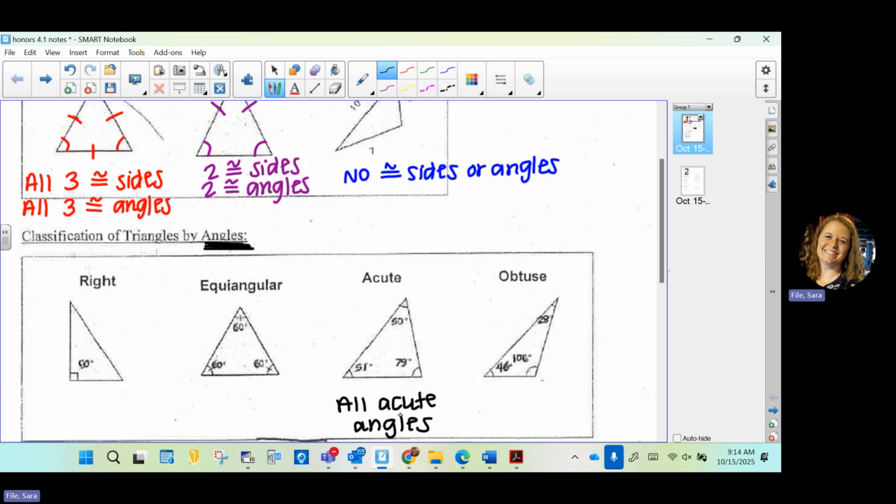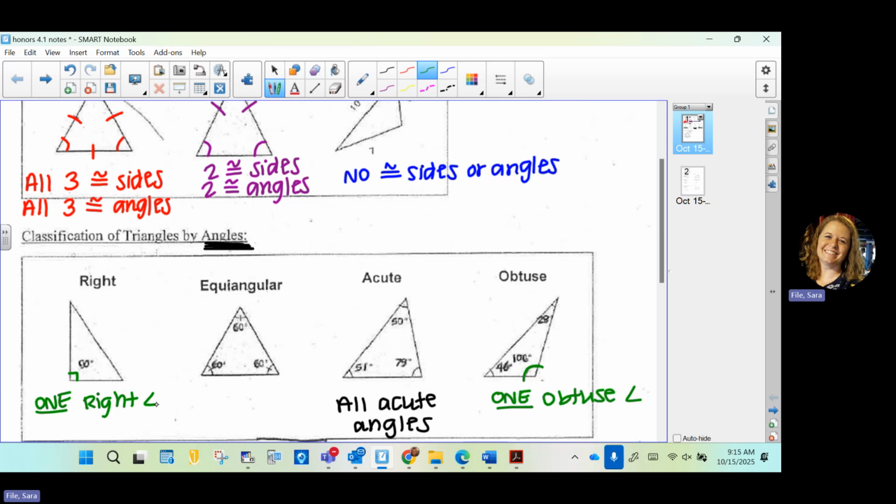When we say obtuse or right, how many obtuse or right angles do you think there will be? Only one. Okay, there's only going to be one obtuse angle in an obtuse triangle. There's only going to be one right angle